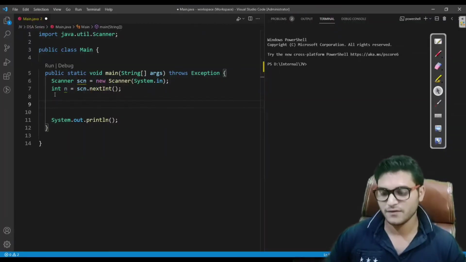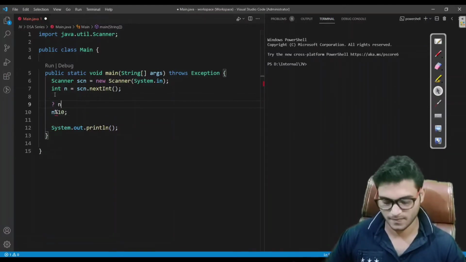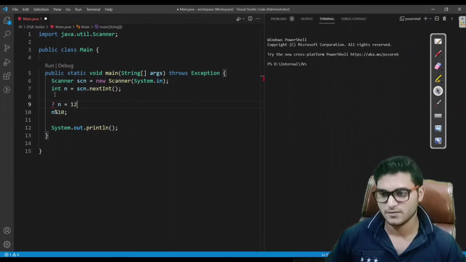What we have done till now is take an input from the user. I have to get each digit of this number. How do we get the digit? I will take the remainder of n by 10. Let us say the value for n is 1 2 3 4 5 3 4 5.